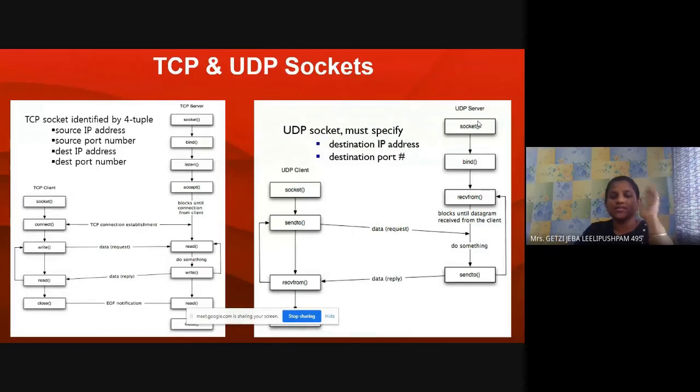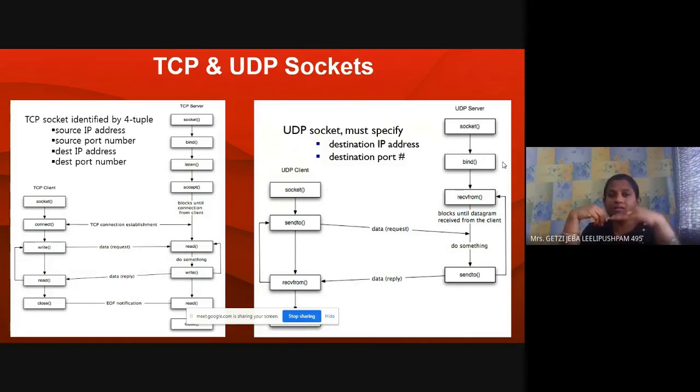Suppose I ask the server, hey, send me a video file. The server is going to reply to me with the video file. But in UDP, suppose the client is saying, send me the video file. The server will not reply, okay, I received, send me the video file. You understand? The acknowledgement process is not there in UDP. That's why a UDP socket does not require a source port number.